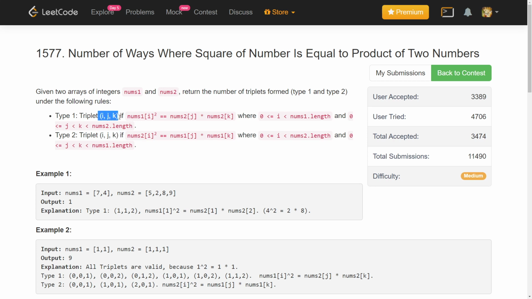Our triplet (i, j, k) will be called type 1 if nums1[i] squared is equal to nums2[j] times nums2[k]. So basically the triplet says that any one element of nums1 squared is the product of 2 distinct elements of the second array. And type 2 is similar, but one element of nums2, squared, is the multiplication of two distinct elements of nums1. So that's what we want to do.